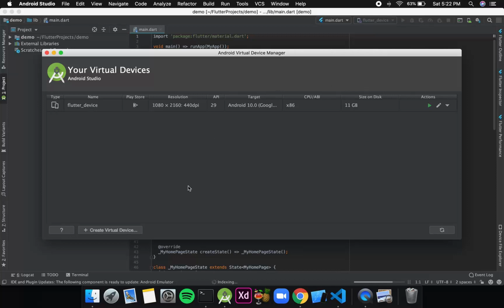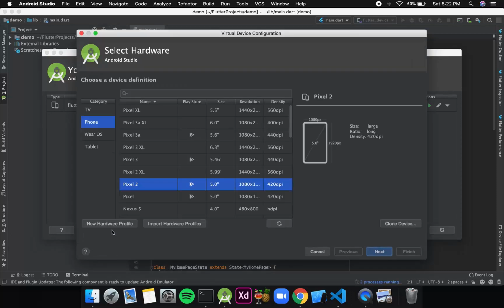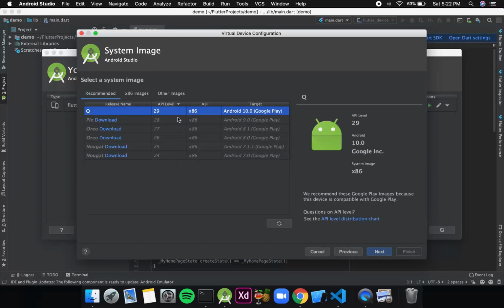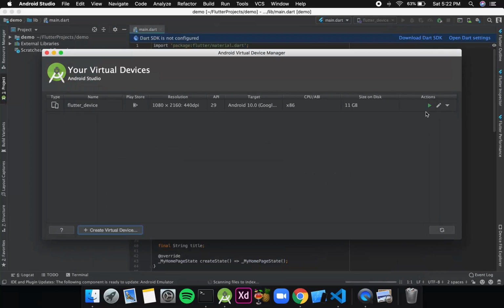If you are new, you can go to create virtual devices and then select any of the preferred sizes you want, click on next, and then the Android version you want to use, then click on next and give the device a name. Okay, so once done, it should appear something like this, and then click on this green arrow button.